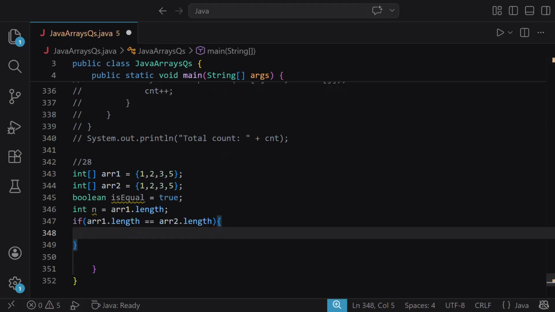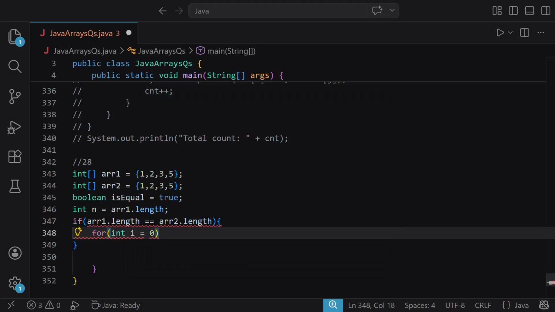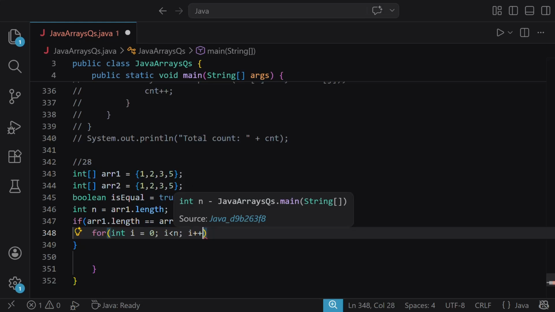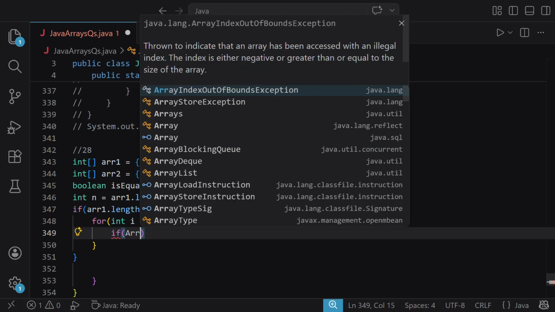So if the lengths are equal, then we'll iterate over the loop and we'll see if all the elements are equal or not. The lengths are equal, and we already calculated the length value as n. So we just use i less than n. So i will go from 0 to the length of the arrays. And then we'll compare